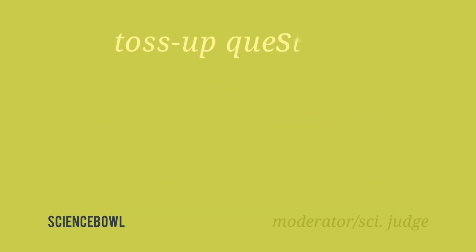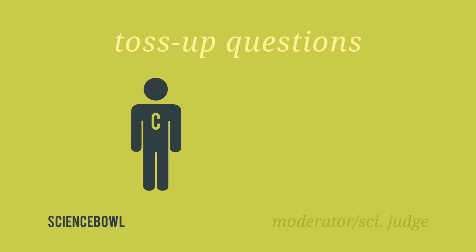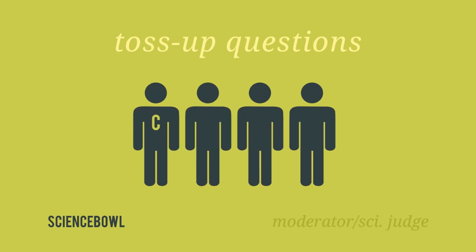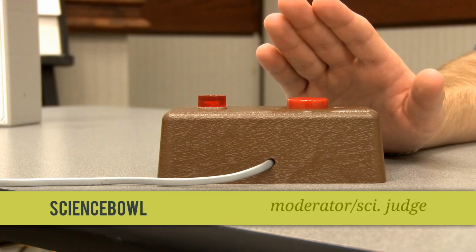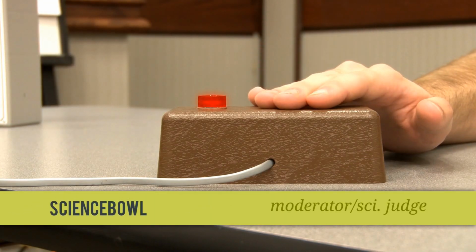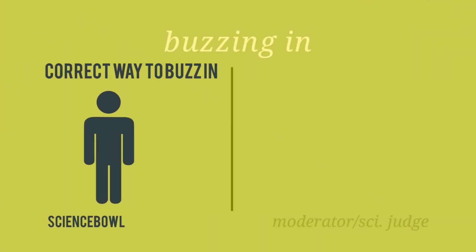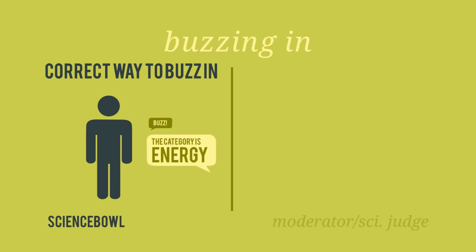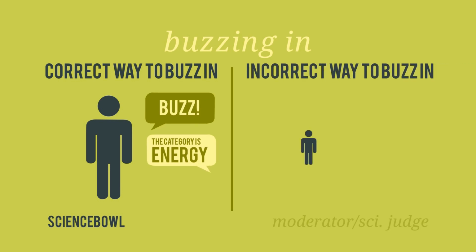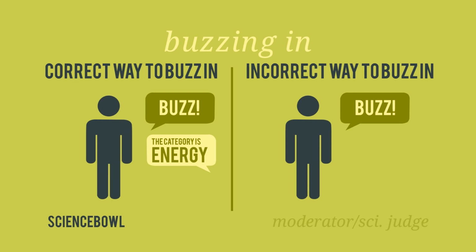A toss-up question may be answered by any of the 4 members of either team that are actively competing, but no consultation is allowed. The first player on either team to activate the lockout buzzer system wins the right to answer the question. Players may buzz in after the moderator has identified the subject area of the question, or else the moderator will inform the player that he or she has buzzed in too soon. The moderator may add time back to the clock if necessary.